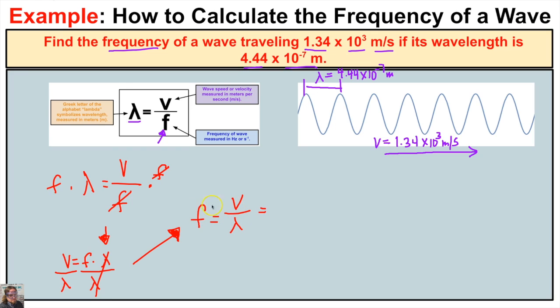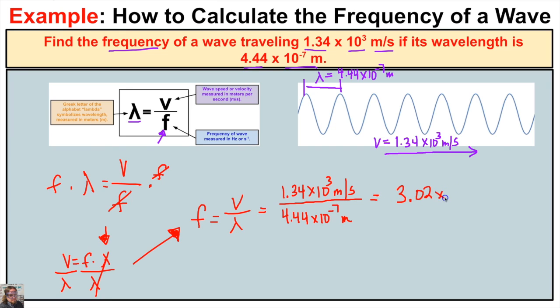Now that we have our formula to figure out the frequency of this wave, we just need to plug in these two variables. What is the wave speed or velocity of this wave? It's 1.34 times 10 to the third meters per second. And what is the wavelength of our wave? It tells us right here, it's 4.44 times 10 to the negative 7th meters. Now we can plug this into our calculator: we take 1.34 times 10 to the third, divide it by 4.44 times 10 to the negative 7th, and we end up with 3.02